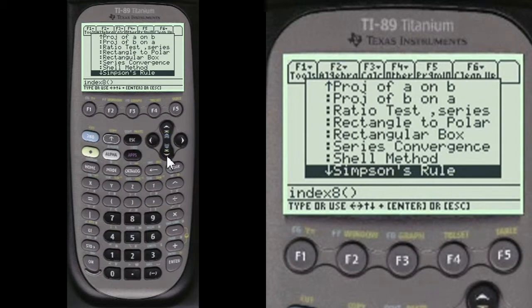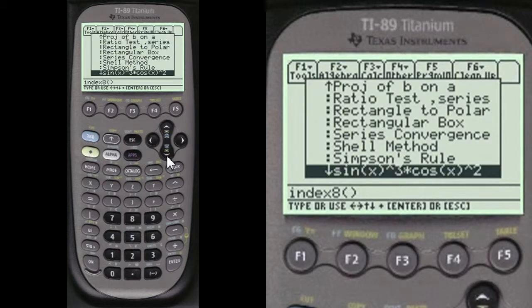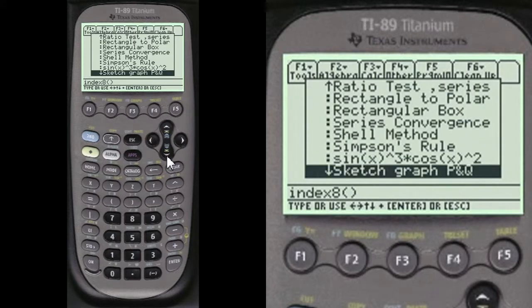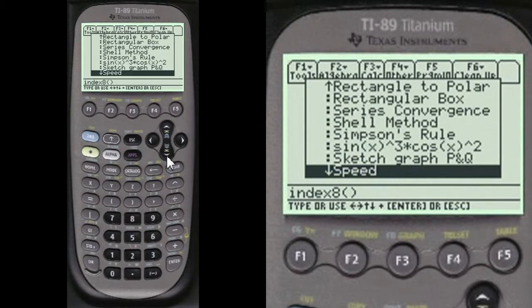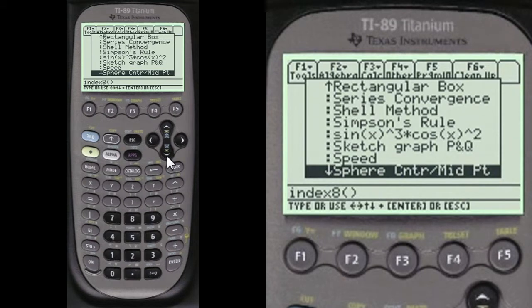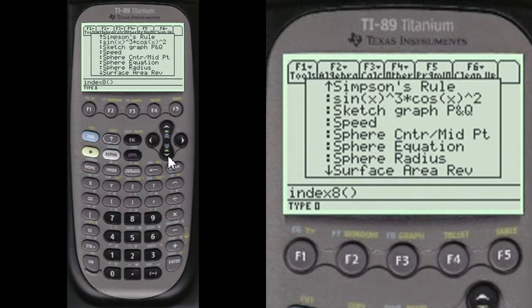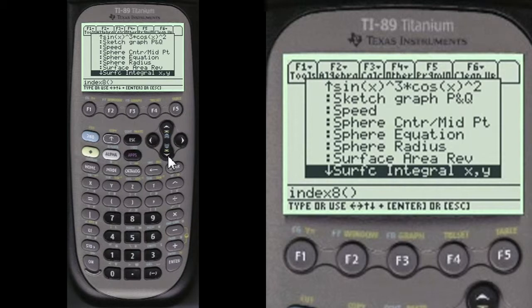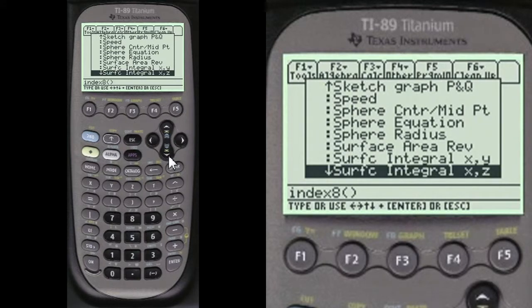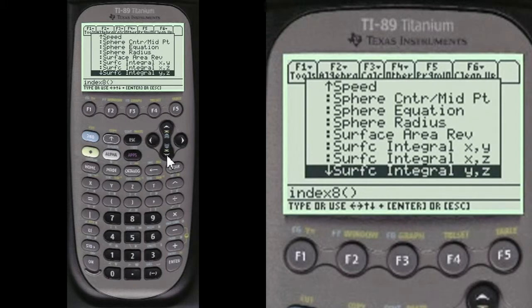about the Taylor series and Maclaurin series, rectangular to polar, converting the other way, a rectangular box, that's a standard computation in calculus, series convergence, shell method, Simpson's rule, sine of x cubed, cosine of x squared times, sketch the graph when you're talking about the P and Q points, speed, which is the same thing as volume,